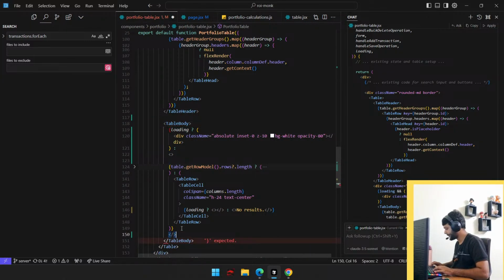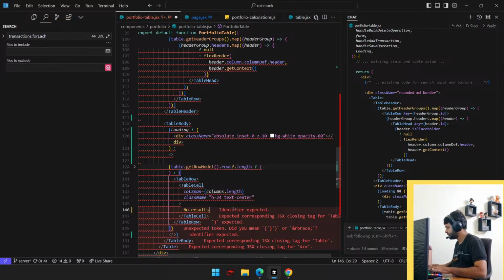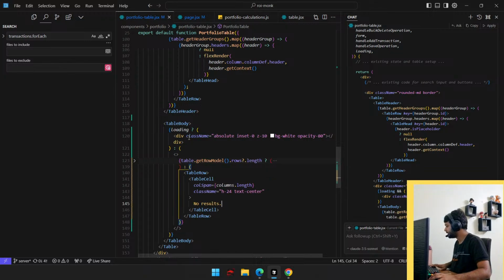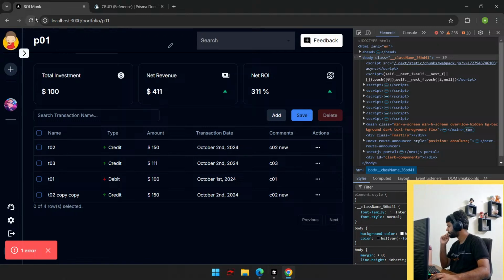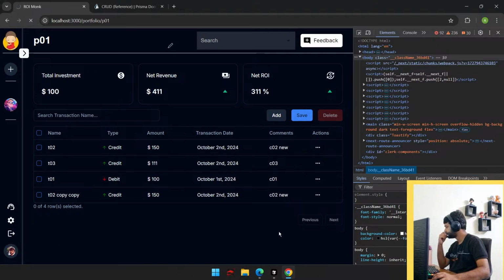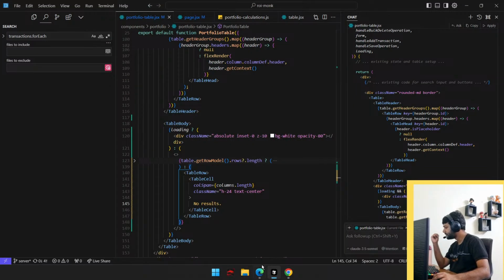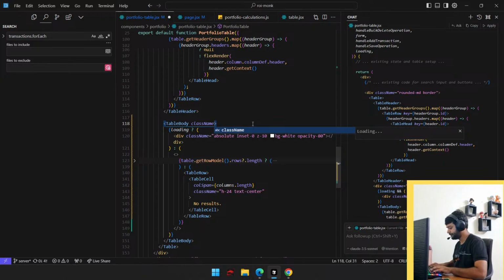है ना। लोड हो रहा है तो ये दिखा दो, लोड नहीं हो रहा है तो ये दिखा दो, ठीक है। और let me just save it once. भाई अब मेरा दिमाग खराब हो रहा है यार। Class name equals to loading